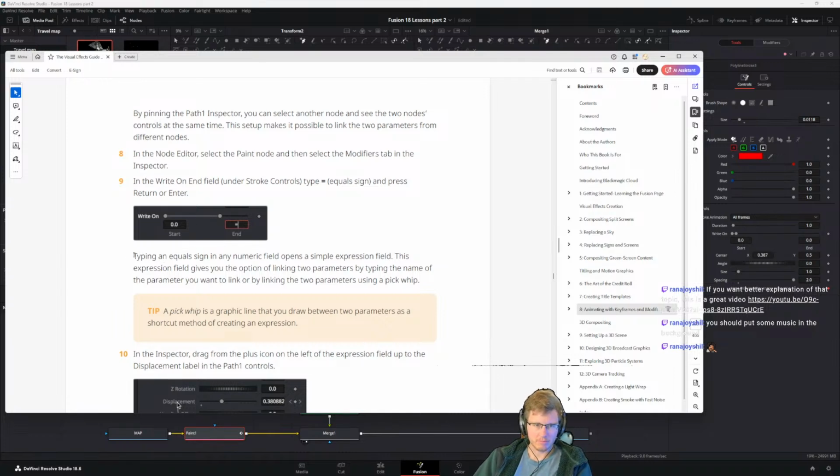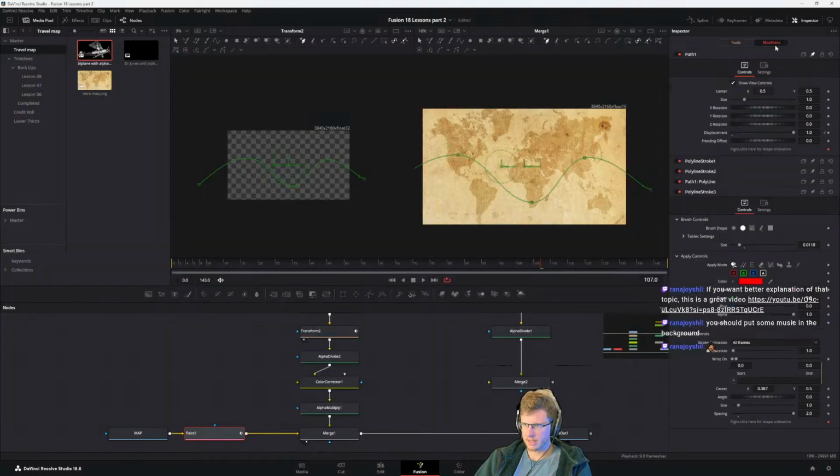Maybe next time. So typing an equal sign in any numeric field opens a simple expression field. This expression field gives you the option of linking two parameters. Okay, but I am pressing it. Am I supposed to be in the modifiers when I do this? Yeah, I think so. But I thought it was on the Write On section. So if we go here,